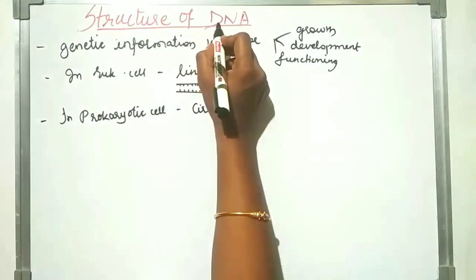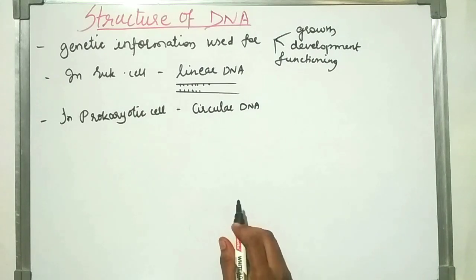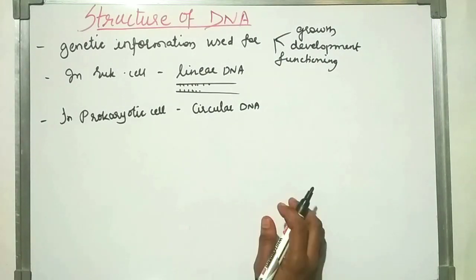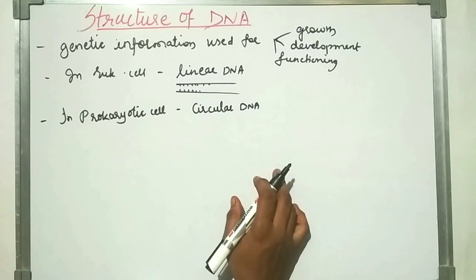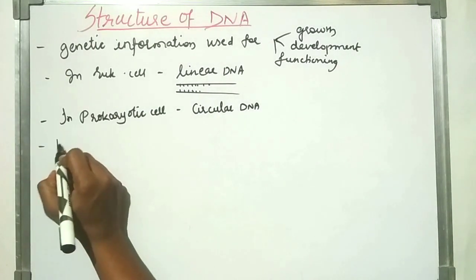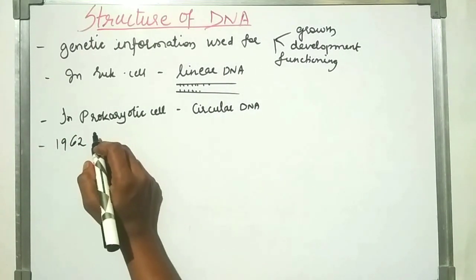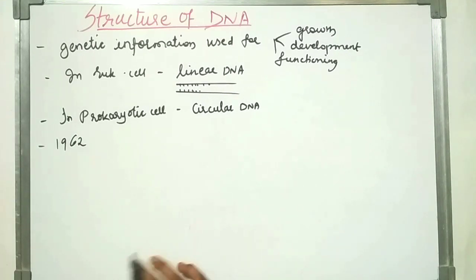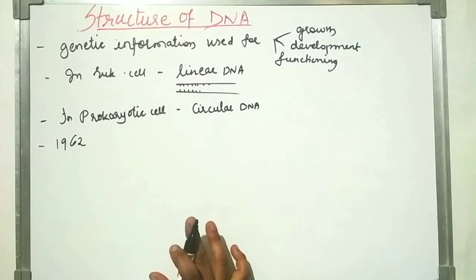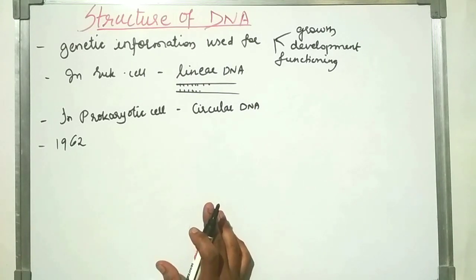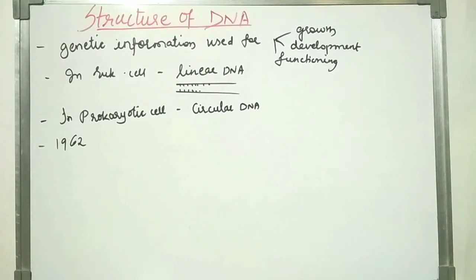So who presented the DNA structure? In 1953, Watson and Crick presented the double helix model of DNA, but got the Nobel Prize in 1962. At King's College London, another scientist, Rosalind Franklin, obtained images of DNA using X-ray crystallography, an idea first broached by Maurice Wilkins.